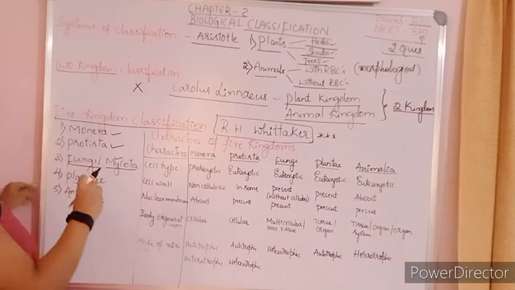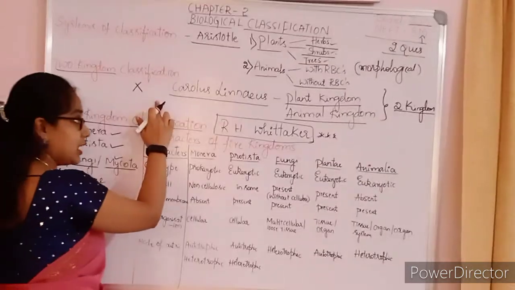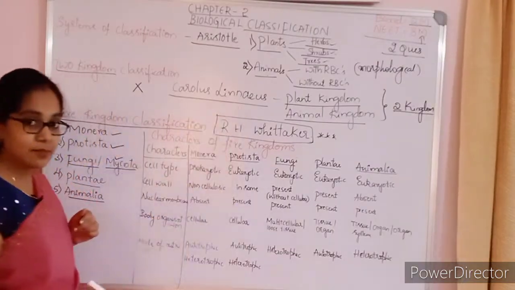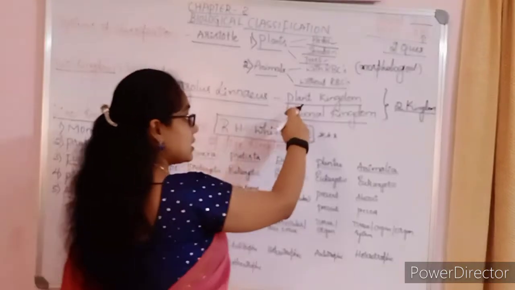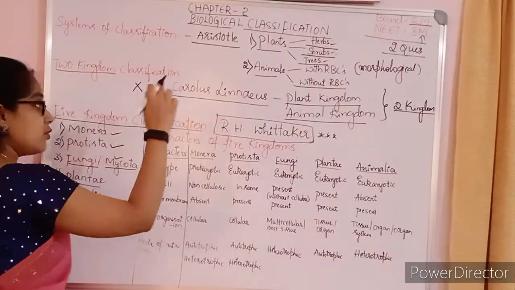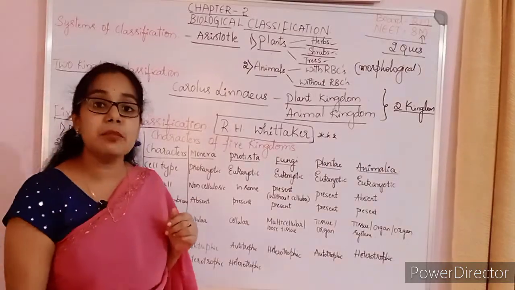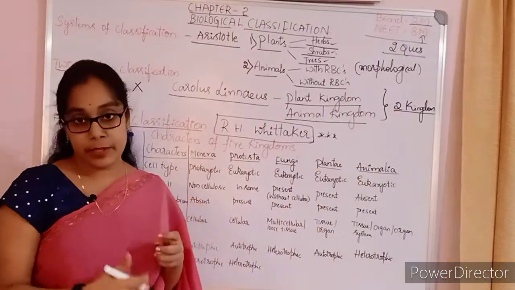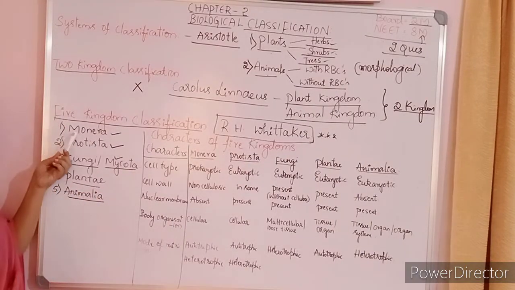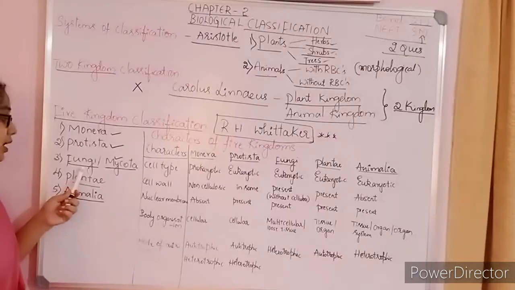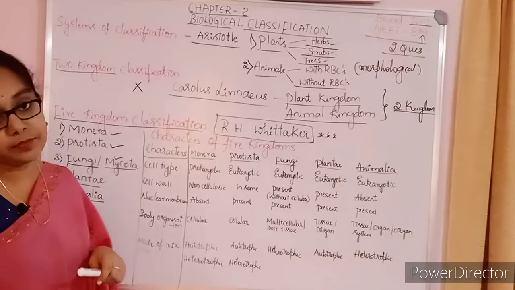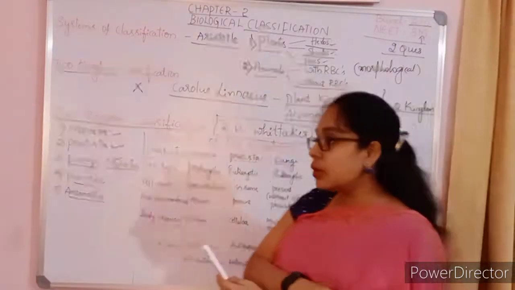Got it? So the 2 kingdom system of classification was given by Carolus Linnaeus. Which are those kingdoms? Plant kingdom and animal kingdom. And the 5 kingdom system of classification was given by R.H. Whittaker. Okay, so which are those 5 kingdoms then? One is Monera, Protista, Fungi or Mycota, Plantae and Animalia. Okay, so here